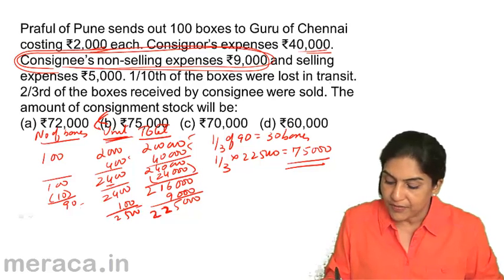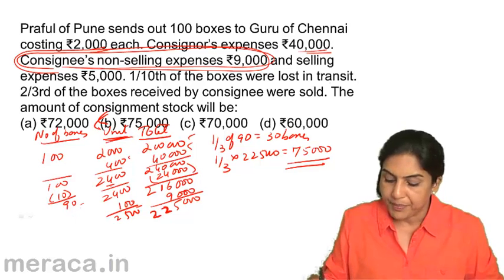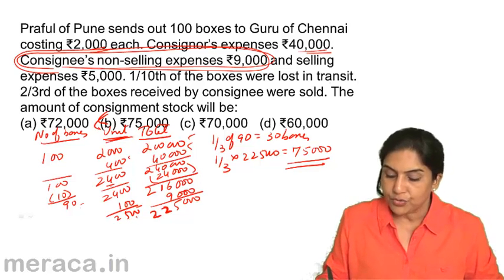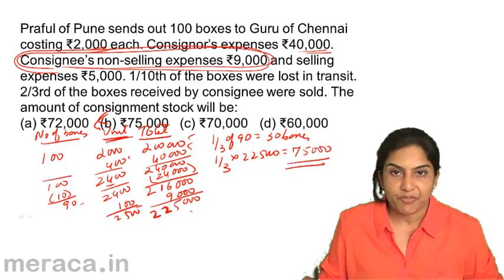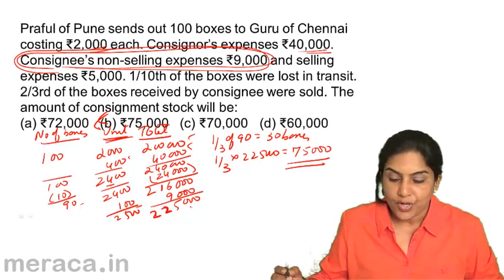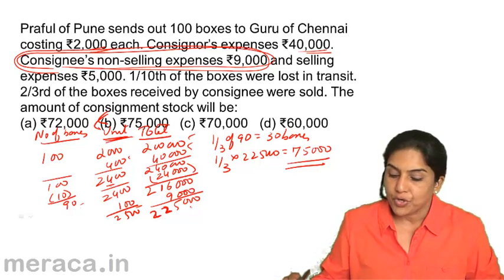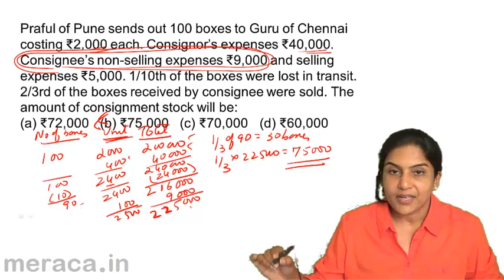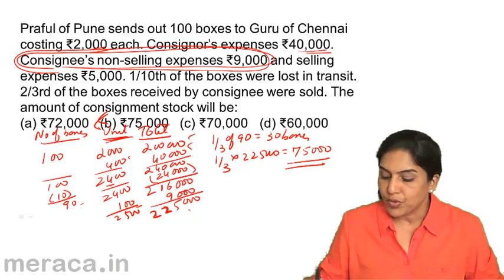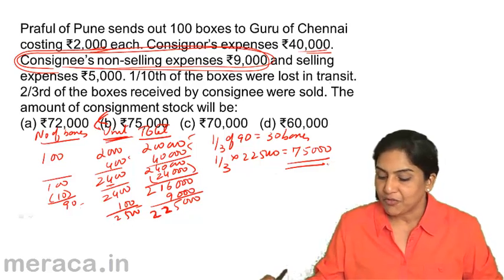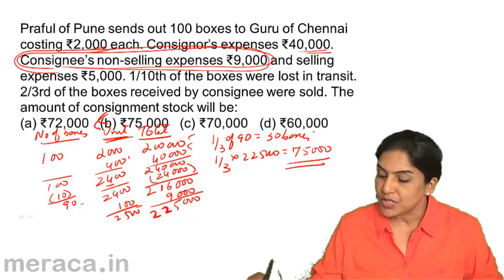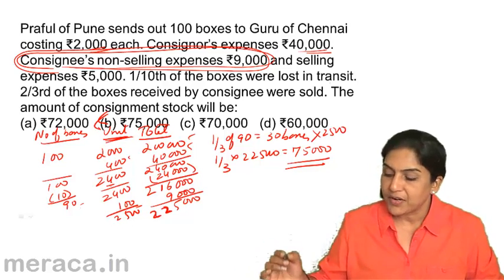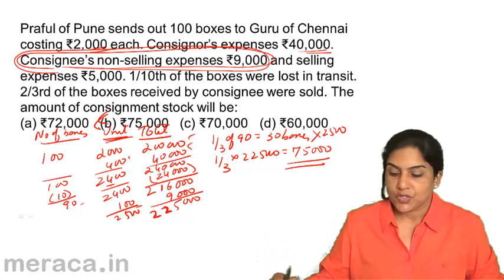100. 9,000 divided by 90, we are talking of 100 per box. So what is the total cost of 90 boxes? It is 2,500. Totally 90 into 2,500, 2,25,000. 2/3 is sold, 1/3 is not sold. Therefore, your closing stock is 1/3 of 90, 30 boxes, 1/3 of 2,25,000, that is 75,000, or 30 boxes into 2,500 equal to 75,000, whichever way we